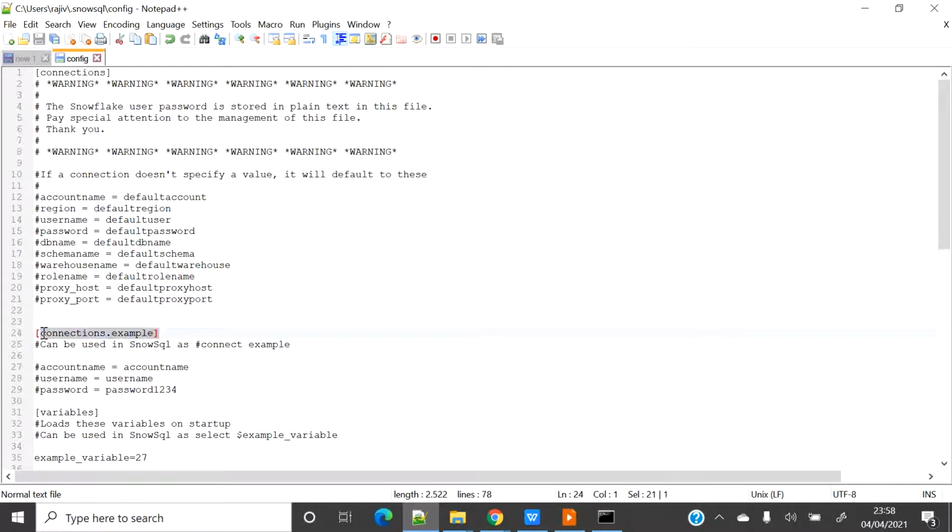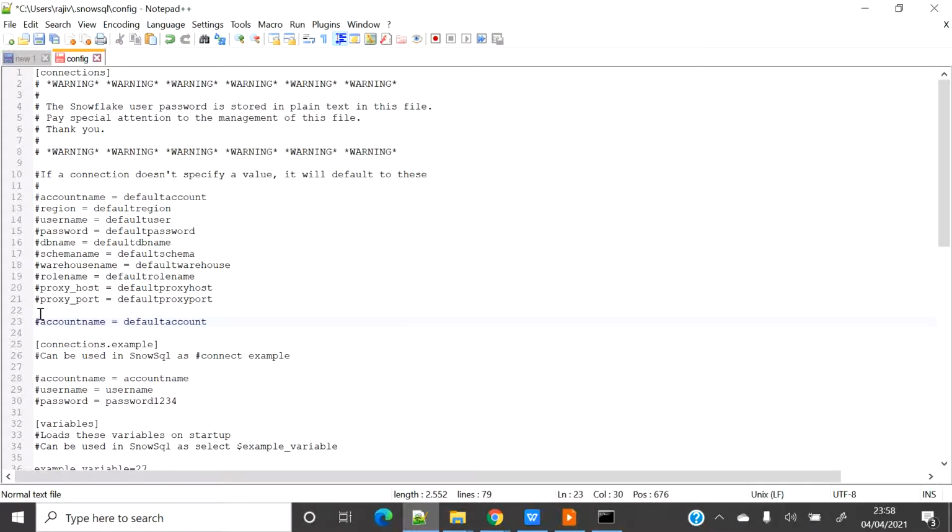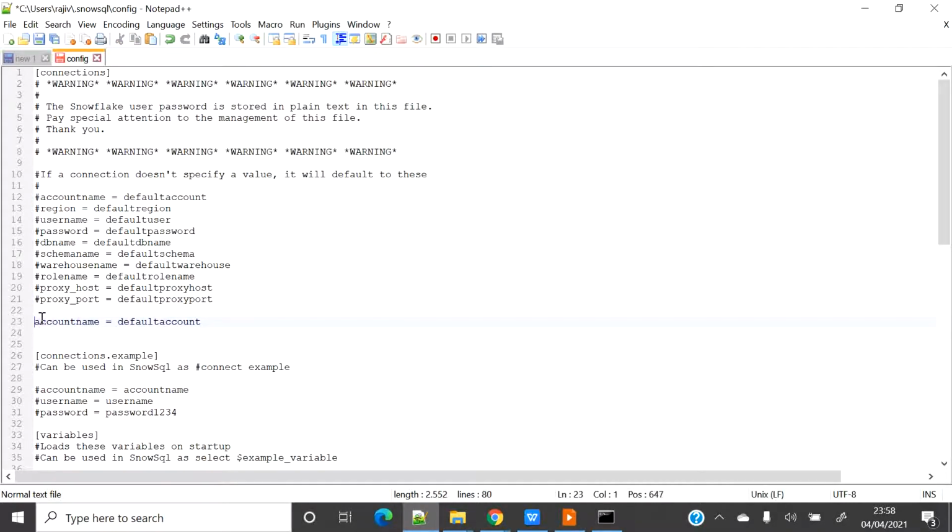You can even create your specific connections with a tag like production, acceptance, development, and you can also provide a default one when no one has provided anything. You can connect with the default one. So today I'm going to use the default one. So for that I will just give the account name and I will give just the username.